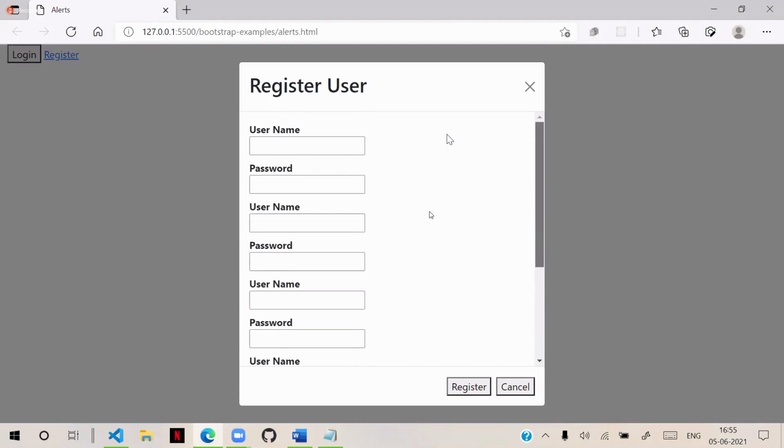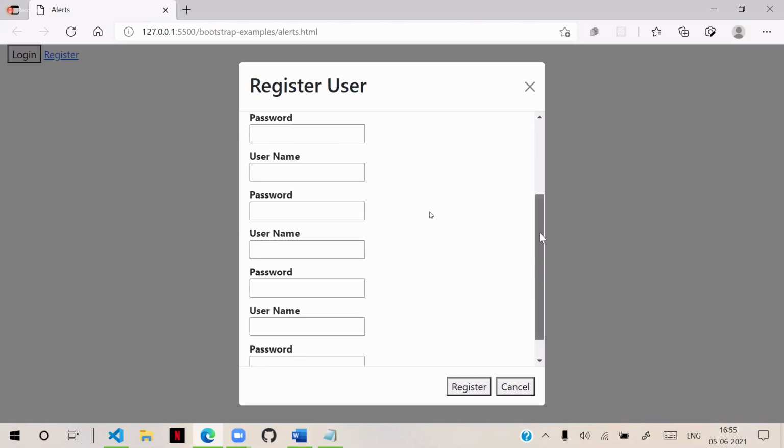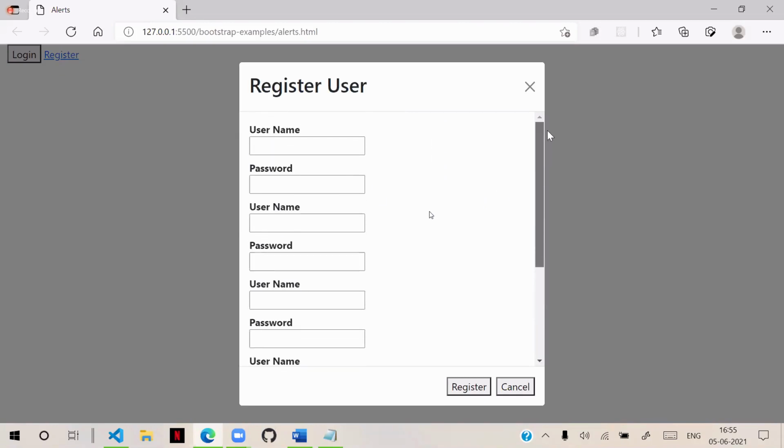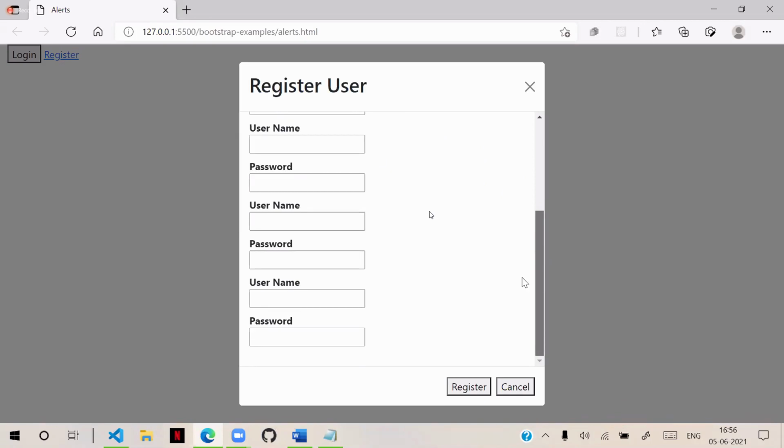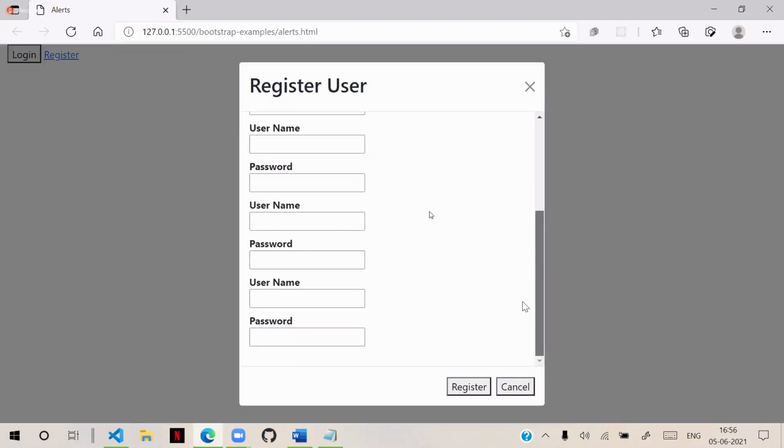Scrolling the page is not good. We have to just keep it scrollable and define that so that you can automatically scroll the contents here. And on cancel, it will be cancelled. So on link click also, you can give a pop-up and display that.